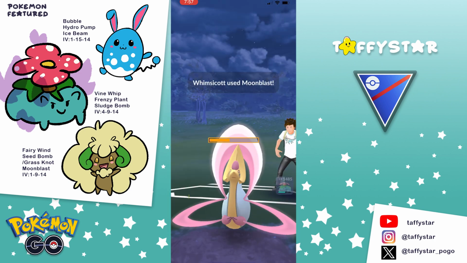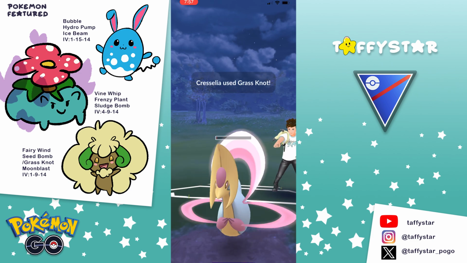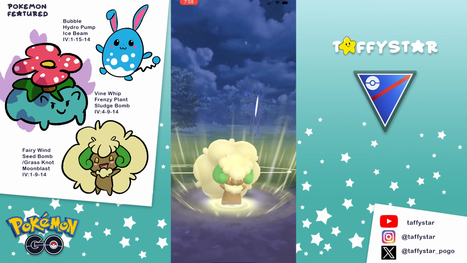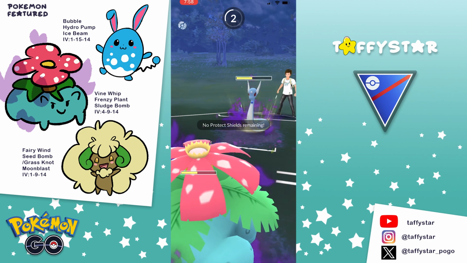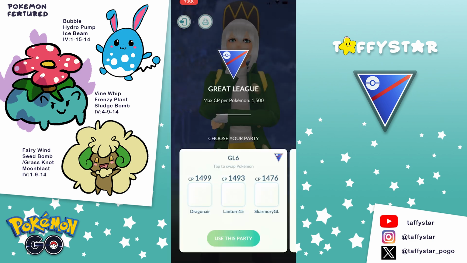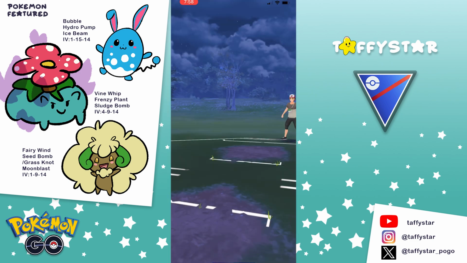Gonna go for another Moonblast, and I really thought this would take this Cresselia out, but I go ahead and shield here because I have a little bit of energy left on this Whimsicott, and I really need to get my opponent's final shield out of the way. But unfortunately, because we don't have that second shield, I wasted it on that Bastiodon matchup. The Dragonair was able to take my Venusaur out with a Body Slam, and unfortunately, I'm going to take a